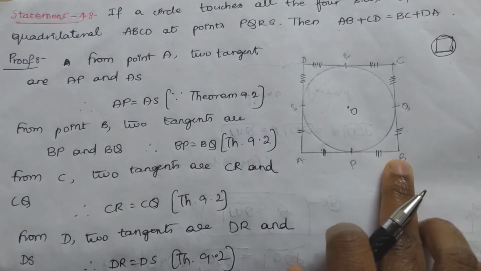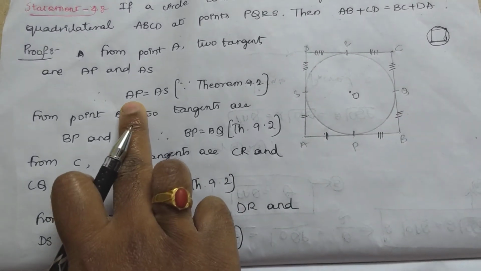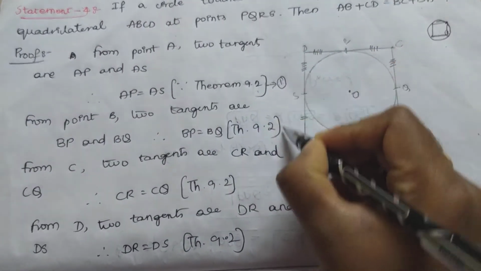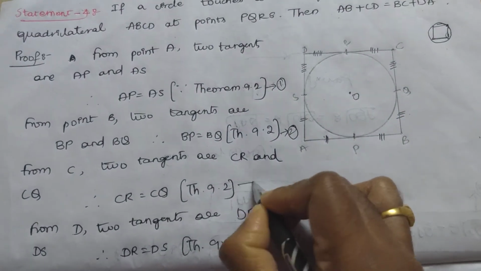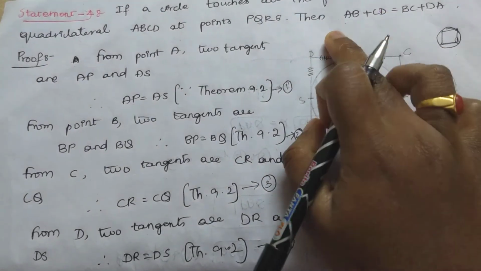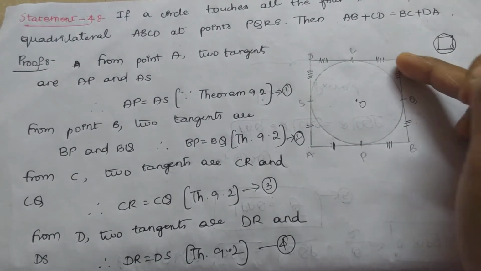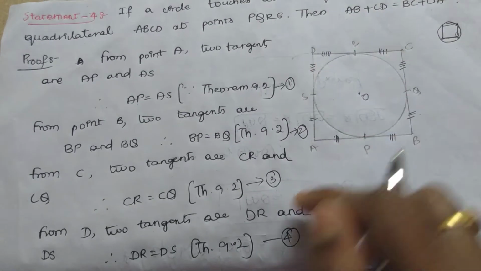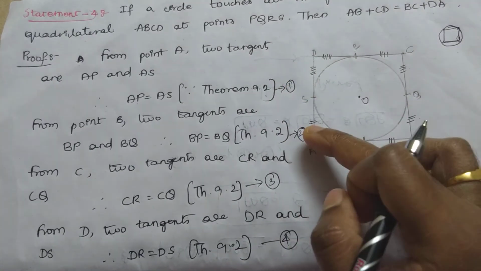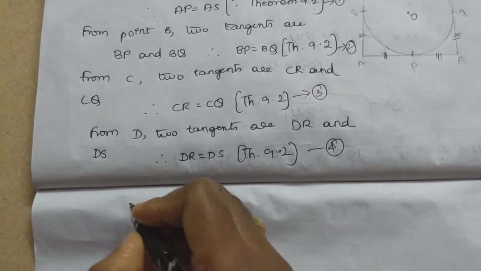So what is AB? AB is nothing but AP plus PB. So when you see here, AP, PB. Okay. So what will I do here? I will label each equated thing as equation 1, equation 2, equation 3, equation 4. So just consider the LHS part. AB is nothing but AP plus PB. In the same way, CD is nothing but CR plus RD. So what do we need to do? We have to add equation 1, equation 2, equation 3 and equation 4. So let us add all the four equations.